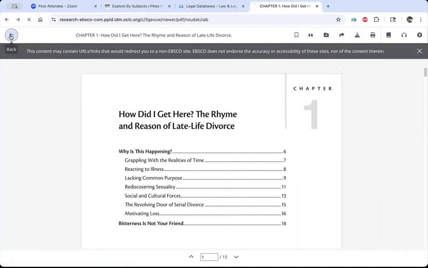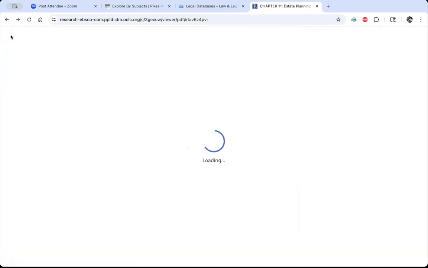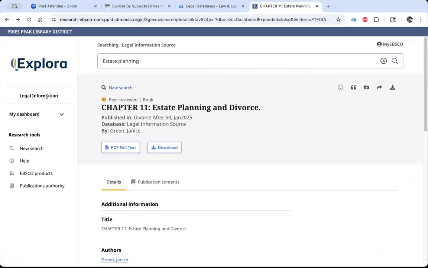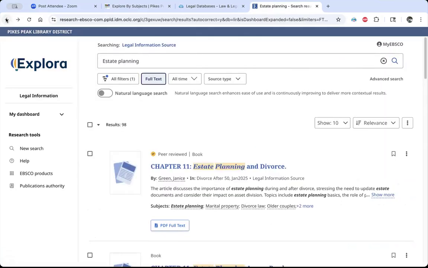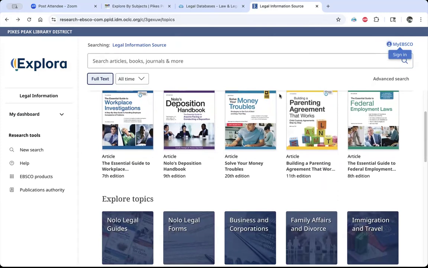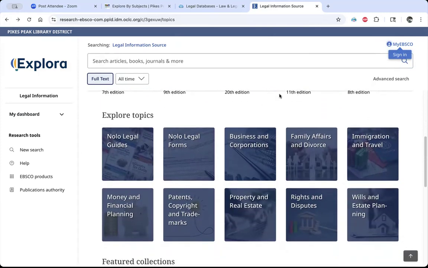Okay, so let's go ahead. I'm going to go back. And I want to go back actually to the very beginning at the home page. All right, so now we're where we started again, and I want to show you how to browse through this database. And so if you scroll down to where all the categories are,